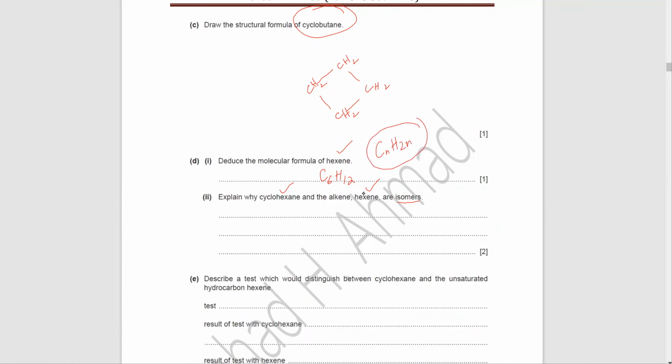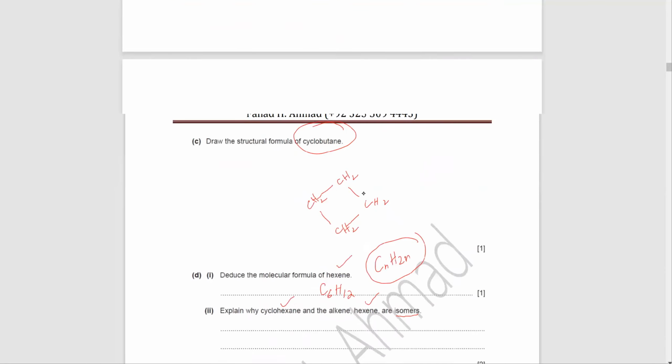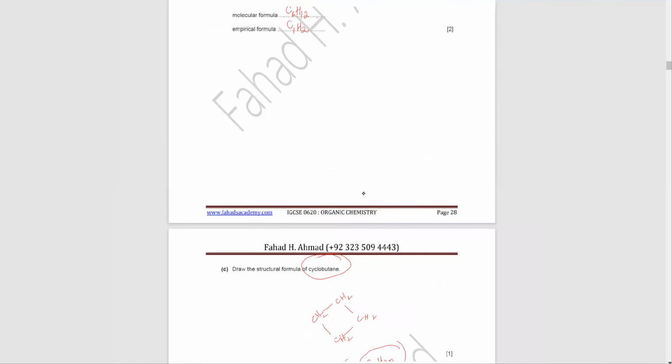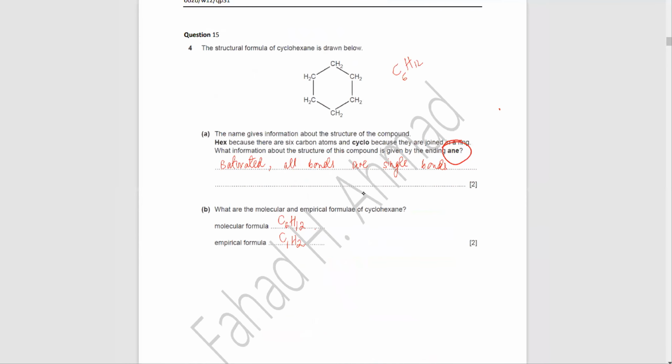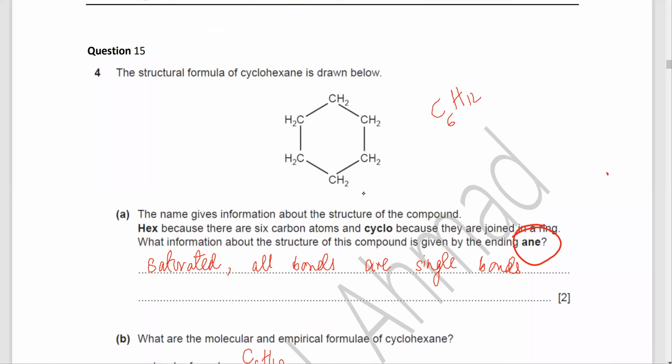Send me the picture of what cyclobutane looks like. Remember, alkenes are CnH2n. The hex is 6 carbon atoms. Okay, why are they isomers? Because hexene is also C6H12, and the only difference is I'm going to draw them both in front of each other. He didn't say which hexene it is, because the double bond could be anywhere.